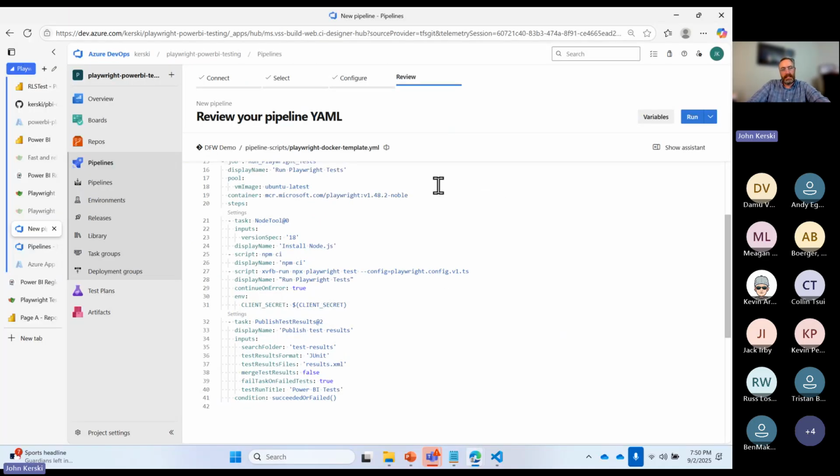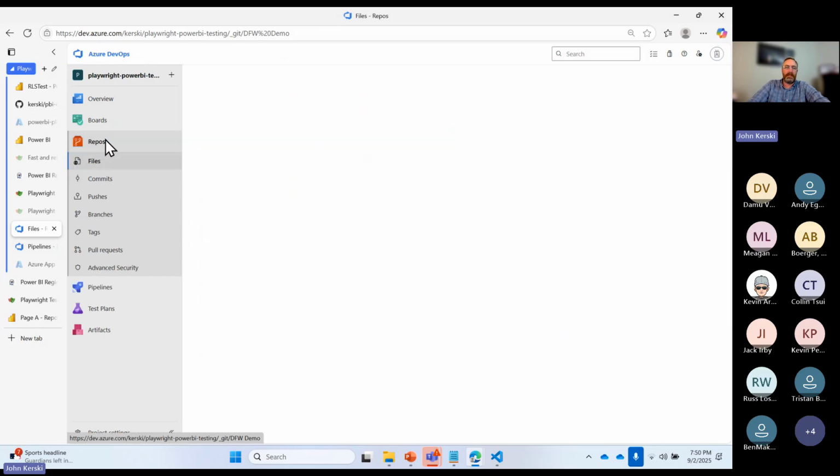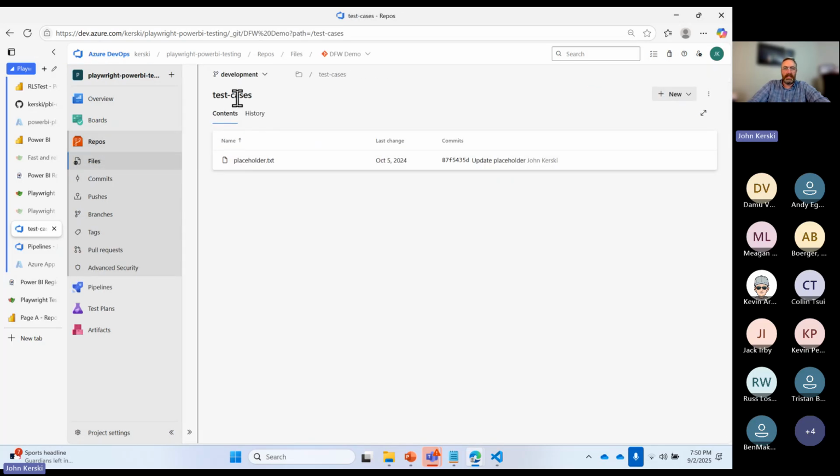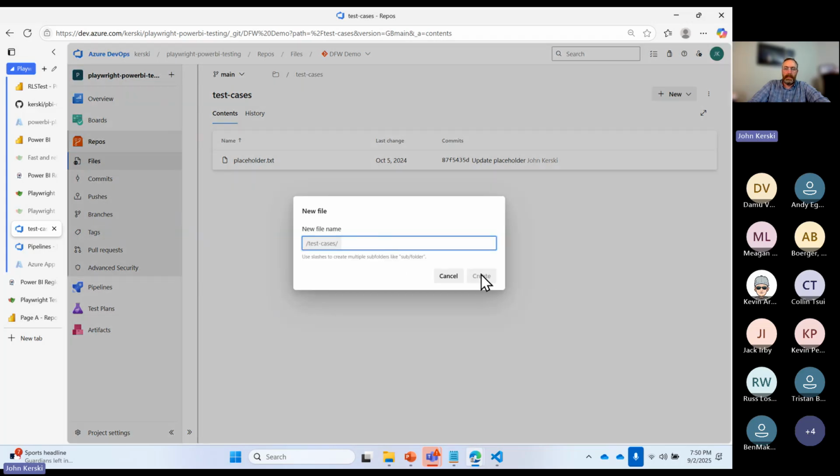And so once you've got that set up, you can run the pipeline. But before you run the pipeline, you need tests. And if I was to go back to that repository here, you've got a test case folder, and I can go into main here and go to test cases, and if I go to upload file,